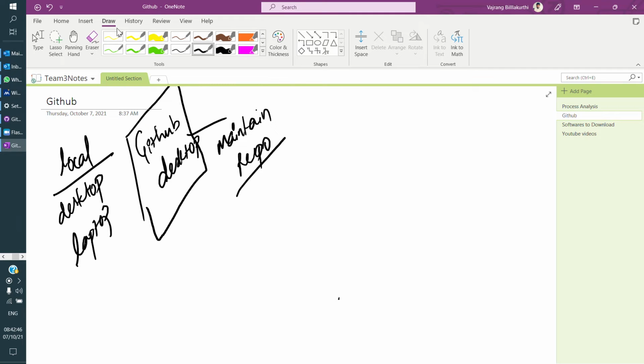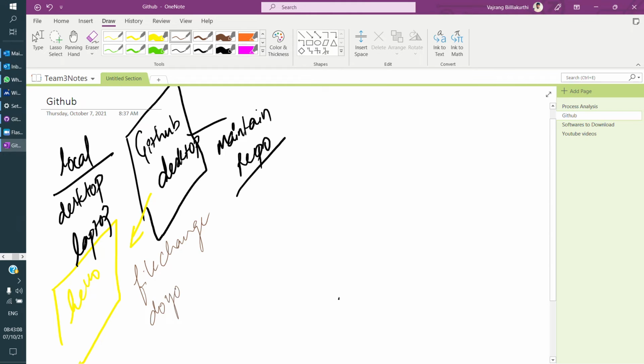If I make any change, for example, if I create a file and write hello world, GitHub will identify that there is a file change and prompt me, asking if I want to commit. The option I have is to commit or ignore the changes. So let's go ahead and commit it.